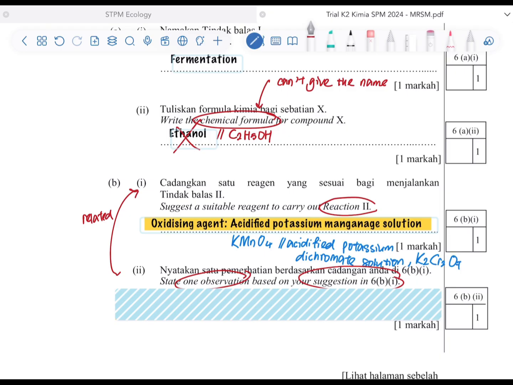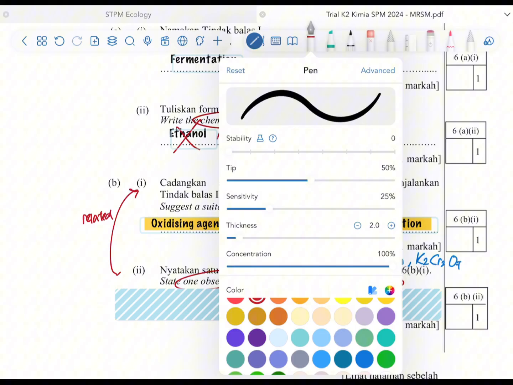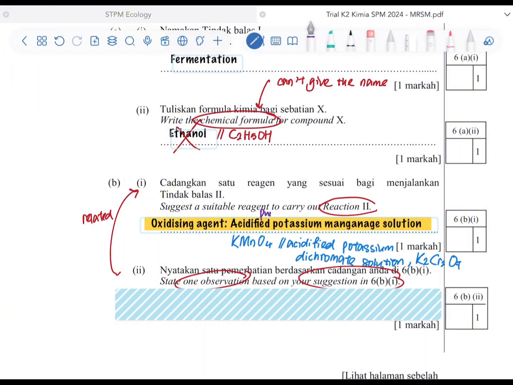So if you already wrote the answer for the oxidizing agent as acidified potassium manganate, you need to write the observation based on this acidified potassium manganate, which we know is purple in color. So when the oxidation process occurs, this purple color will become colorless. For your information, the color change for the oxidizing agent is very important, so you need to remember it